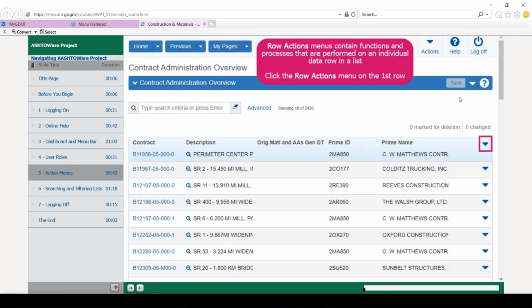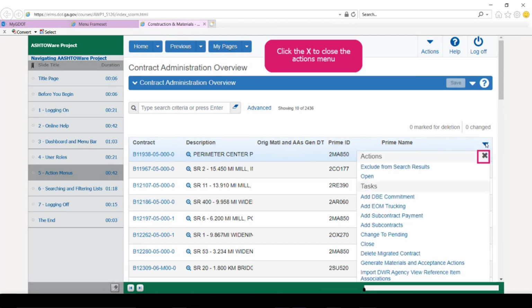Now, within this list also, you have rows, each of these representing a separate contract in this instance. At the end of each row, you've got this downward pointing arrow like a triangle. If I click on it, it will give me a set of available actions for that row. You see that there are many different tools to choose from in this instance, all which can be performed on this selected contract item.